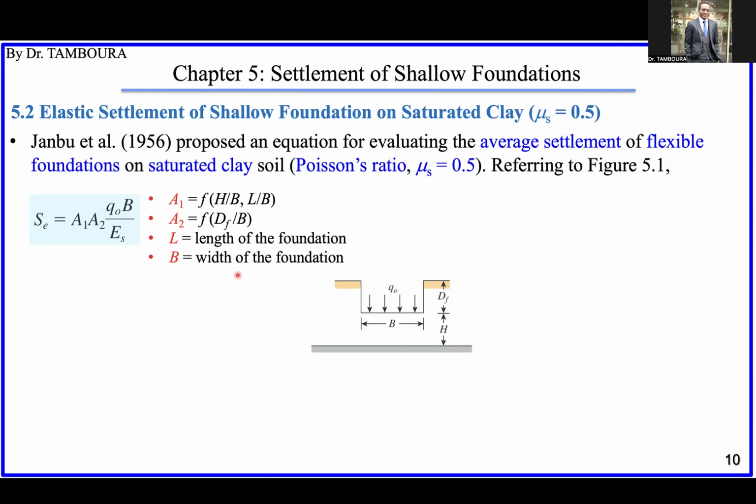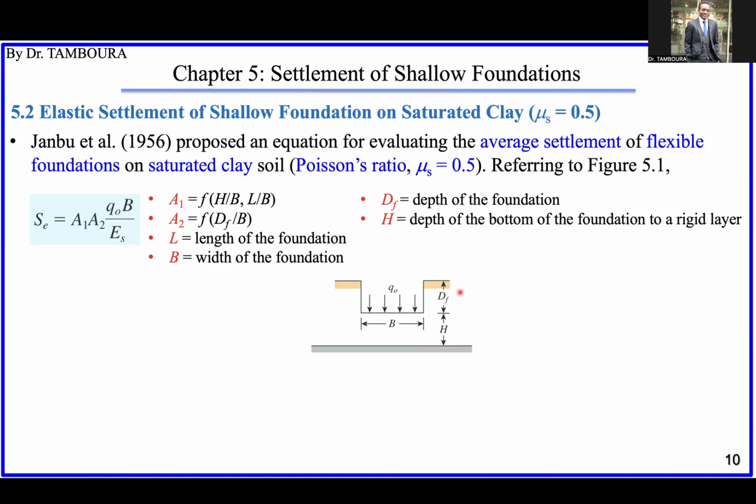B, you know it already, the width of the foundation. Df, the embedment depth of the foundation. H is the depth from the bottom of the foundation to the rigid layer. As I said, this layer is like rock, not easily deformable, a rigid layer. So this is the clay. H is the thickness of the clay from the base of the foundation. And q0 is the net